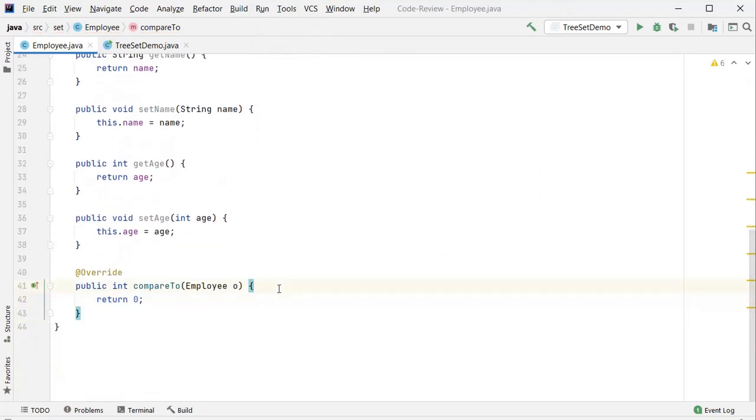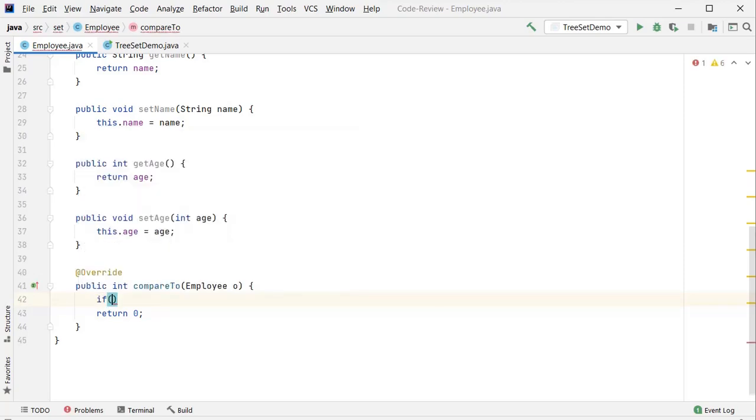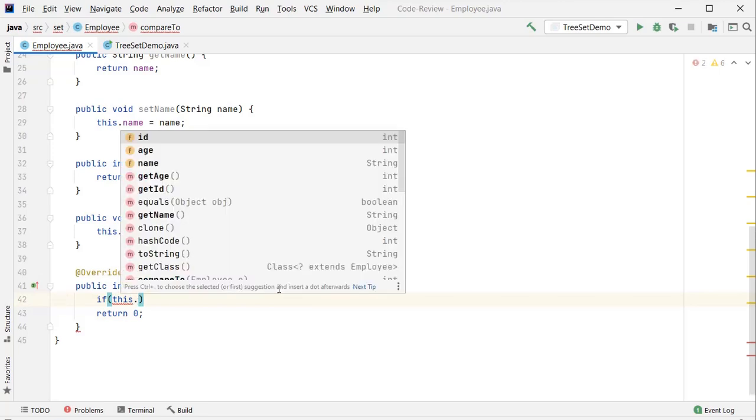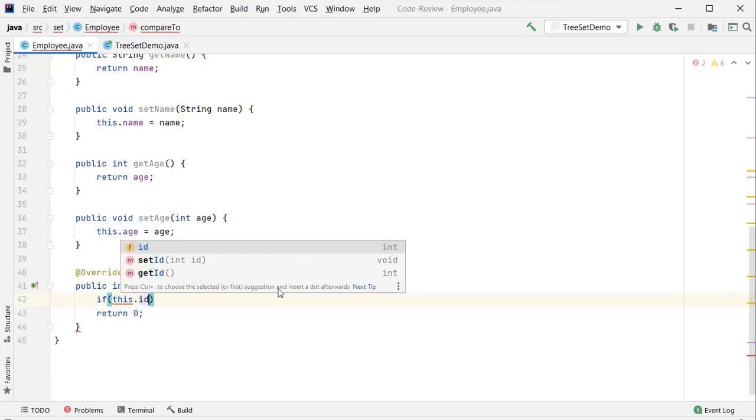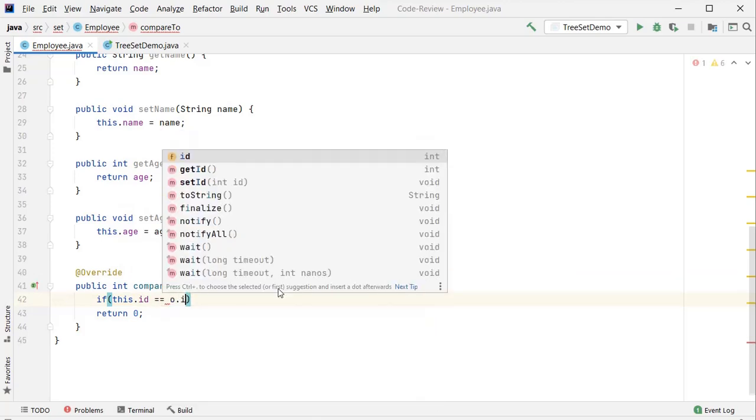In the compareTo method, we need to provide the implementation on which parameter you want to perform your sorting. So for example, right now I want to perform sorting based on id. So I take this.id equal to o.id,